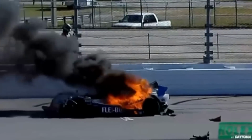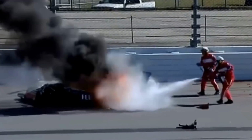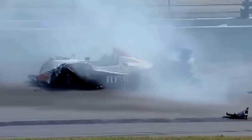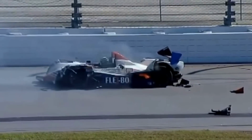Rolex 24 at Daytona. That is the number 54 Core Autosport machine of Colin Braun. There he is coming off the wall, and a fire starts back in the engine bay. He went off in the infield and lost the lead to Tom Kimber-Smith, so whether there was an issue with the car which then sent him off the road again, or whether...